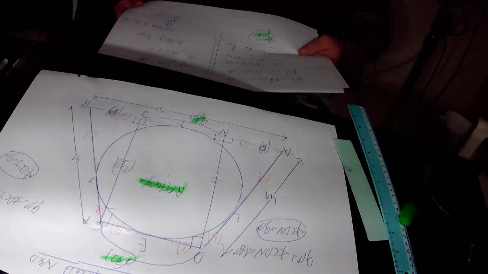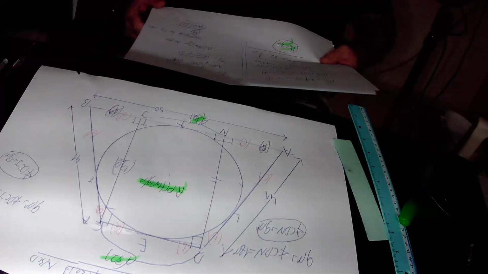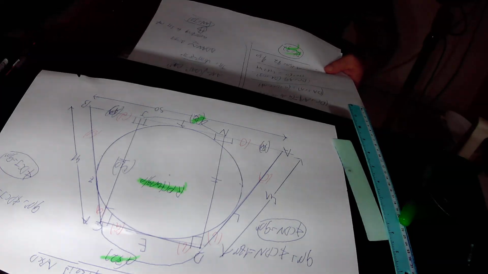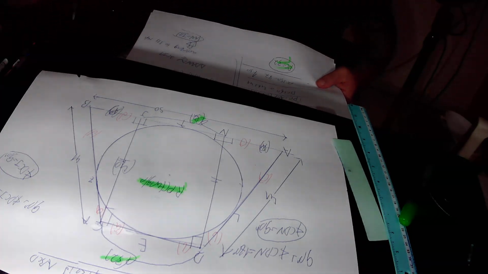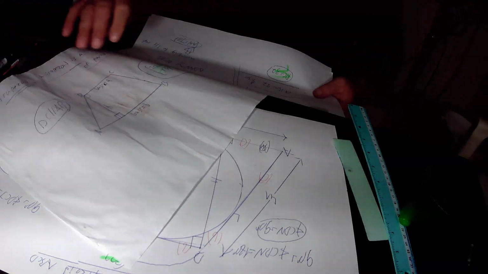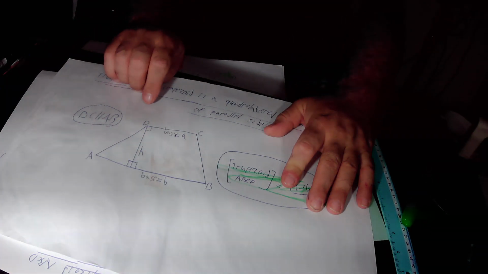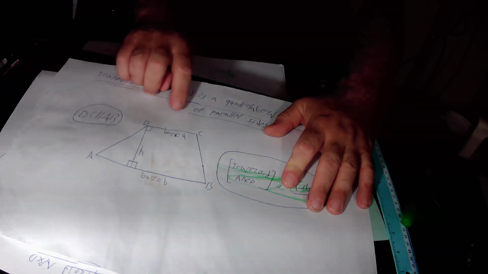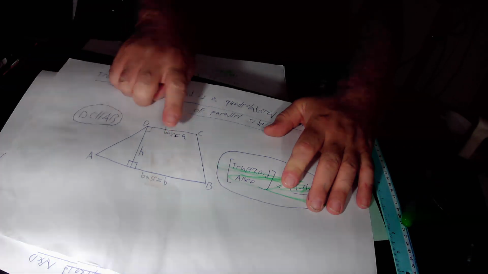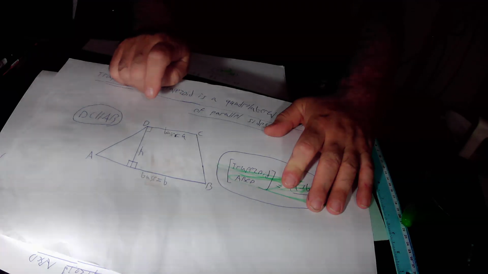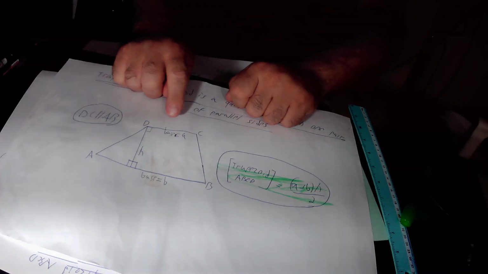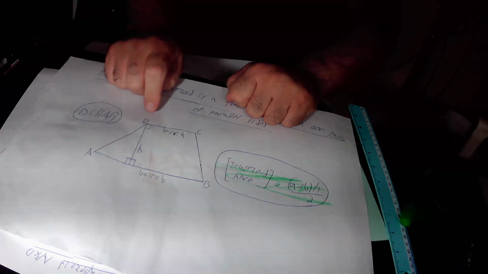So, first of all, what is a trapezoid? A trapezoid is a quadrilateral with one pair of parallel sides. Repeat again. A trapezoid is a quadrilateral with one pair of parallel sides. In the drawing, we have trapezoid ABCD. Side DC is parallel to side AB, and therefore this quadrilateral is defined as a trapezoid. The two parallel sides DC and AB are defined as the bases of the trapezoid,